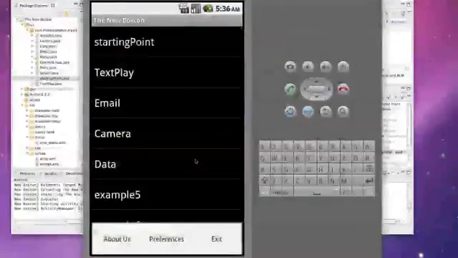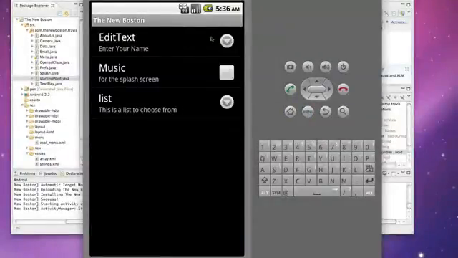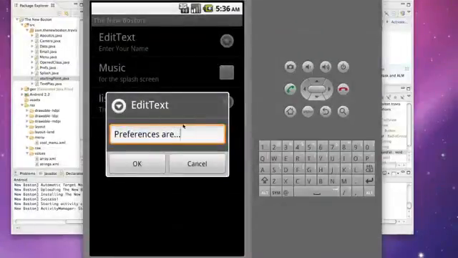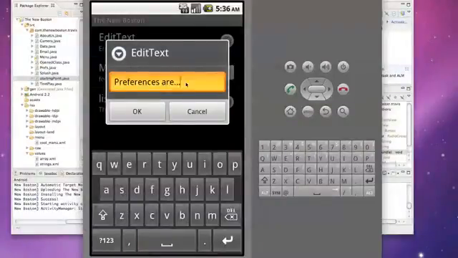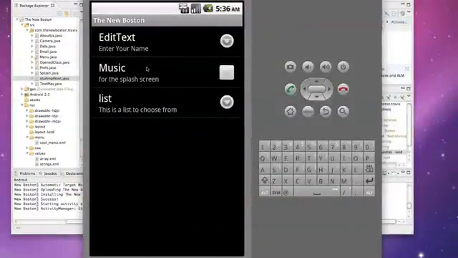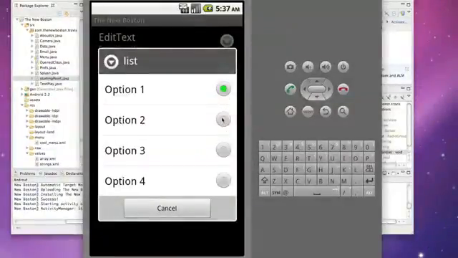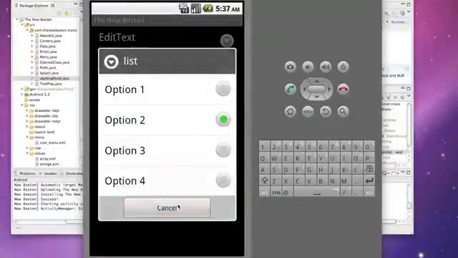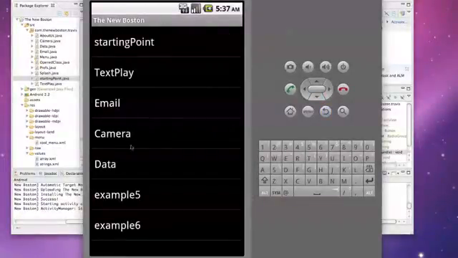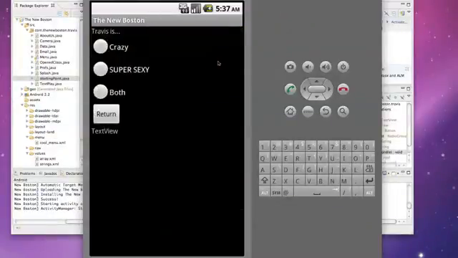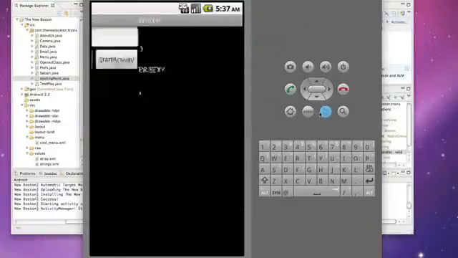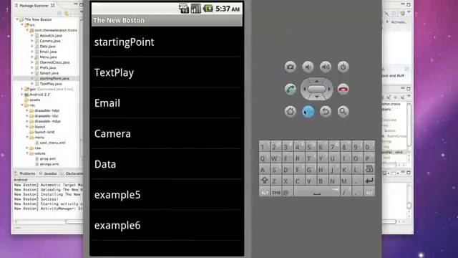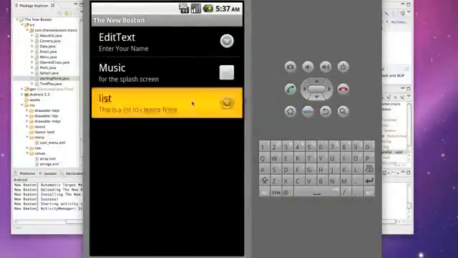Alright, so let's open up our menu, go to preferences, set the edit text to something like preferences are. That's what I set it up to. So we're just going to say preferences are. That's basically going to be our question if our list activity has the first option selected, which it does at the moment. But just to make sure it works, we're going to say option 2 is selected. So basically that question won't be asked. So let's go into our data, hit start, Travis is,